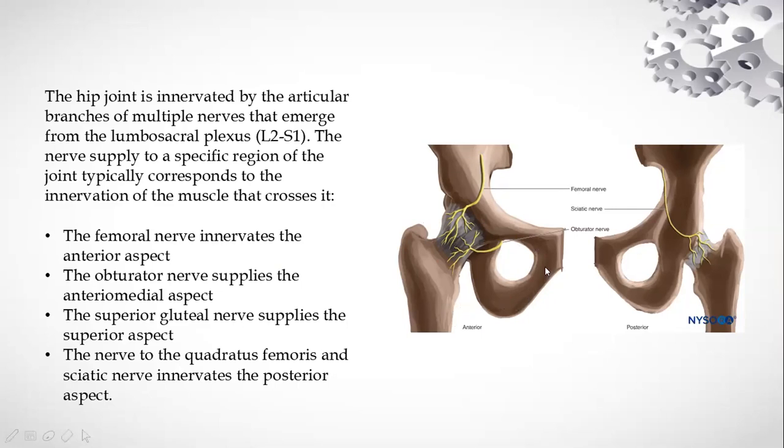If we see in detail, the anterior part of the hip capsule is getting innervation not only from the femoral nerve, but the anteromedial aspect is getting innervation from the obturator nerve as well as a contribution from the accessory obturator nerve. So all three of these are responsible for the anterior capsule innervation. The posterior capsule is mostly supplied by the sciatic nerve and some contribution from the nerve to quadratus femoris as well. They say the superior aspect of the hip capsule is given innervation by the superior gluteal nerve.